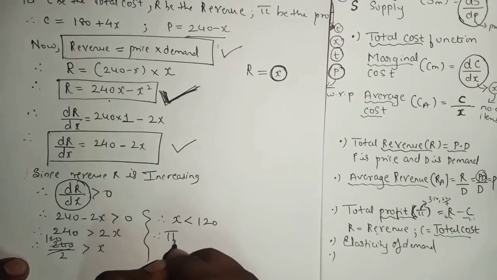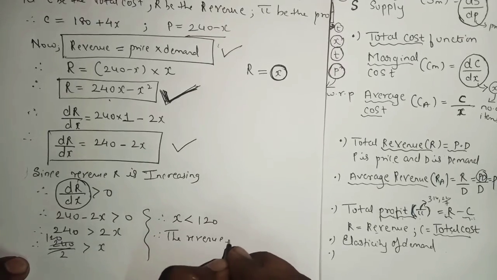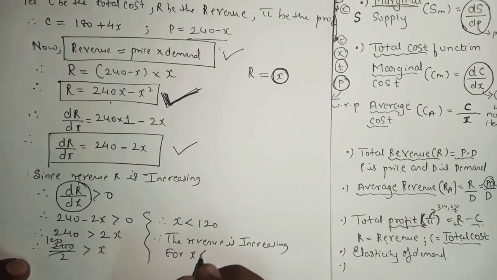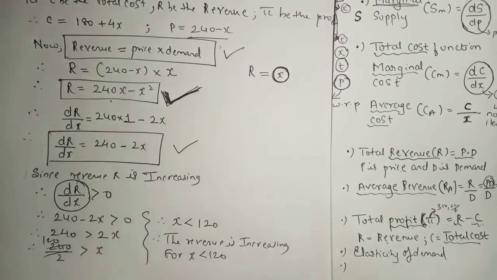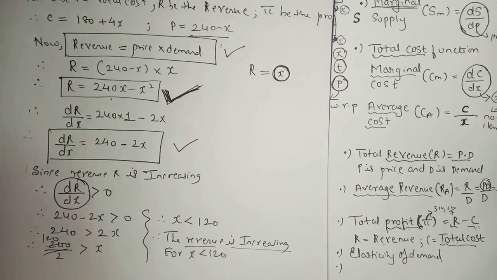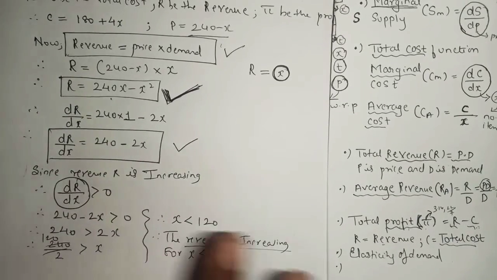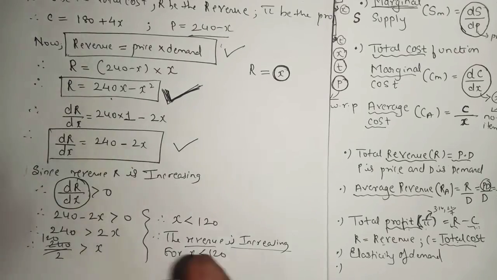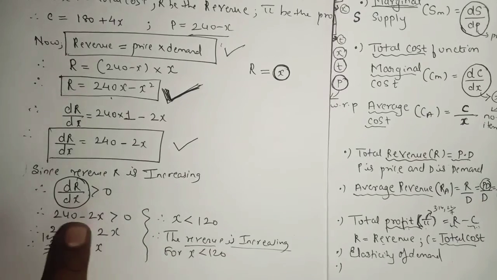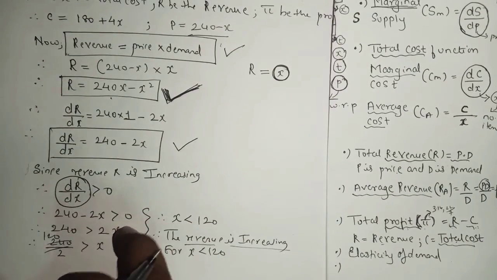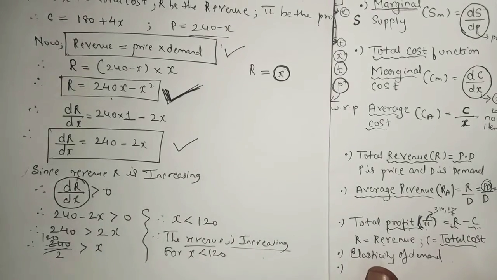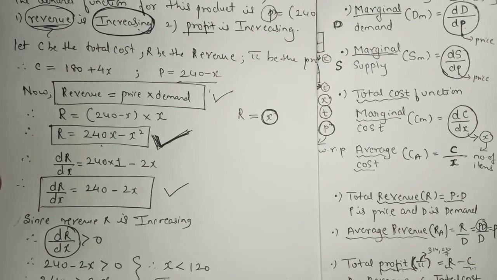So therefore here you will write the revenue is increasing for x less than 120. So when the demand is less than 120, your revenue will increase. Okay, so this is the proper method. There are many methods to find the answer of x; it all depends on how the teacher explains. This is the simplest method to find the answer of x. Just make the sign of that alphabet positive and then find the answer to get the perfect answer. Understood? I hope you all understood how we got that revenue is increasing.